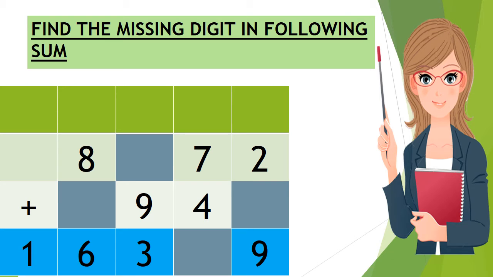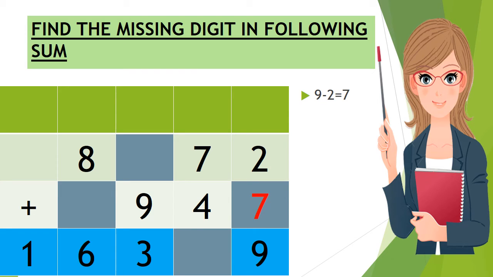Now how to find out the missing digits? To find out the missing digit we need 2 of the digits. 2 are already given from the right. We always start from the lowest place value. When we add 2 numbers, we will get 9. We know 2. What to add to 2 to get 9? When we subtract 2 from 9, we get the answer 7. So we will write 7 in the missing column. So 7 comes in the addend at the blank column.